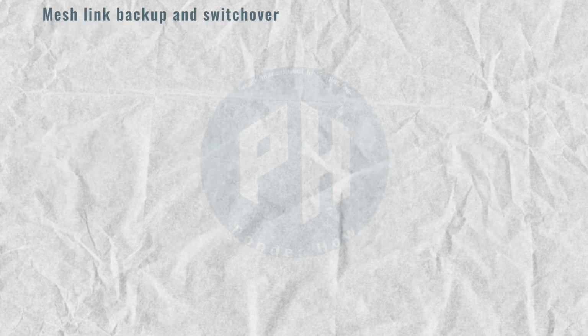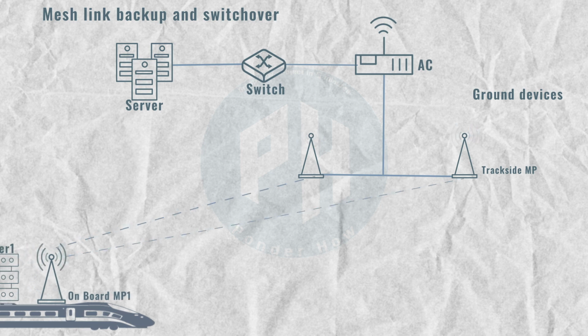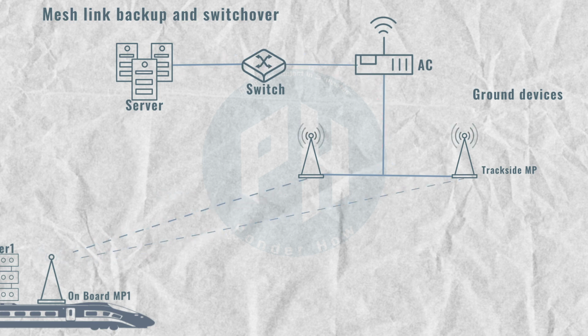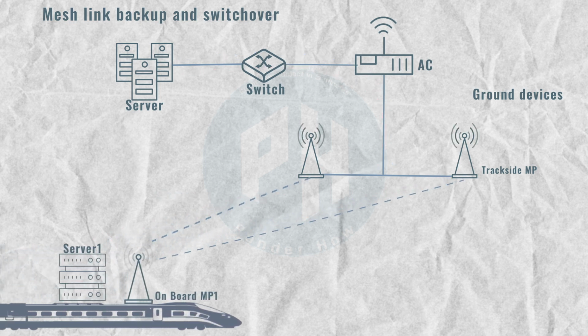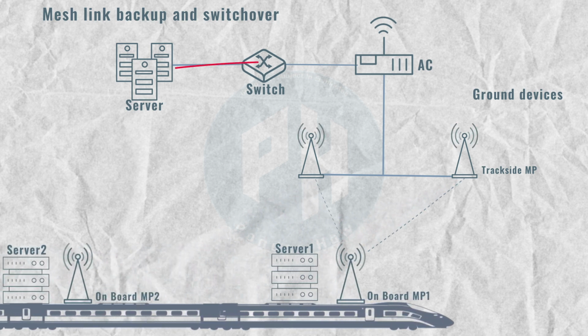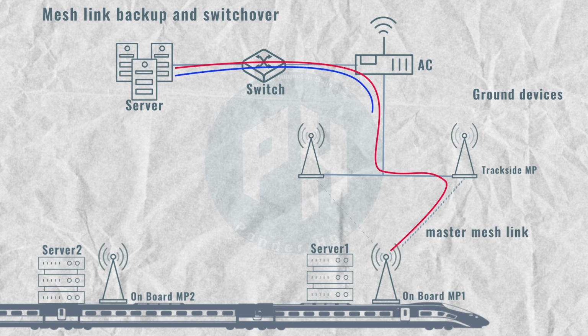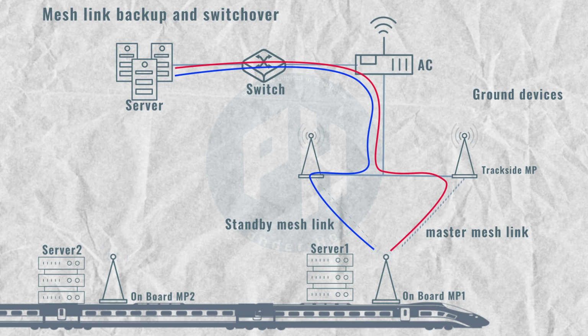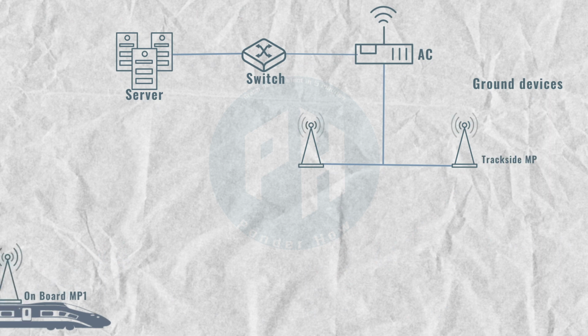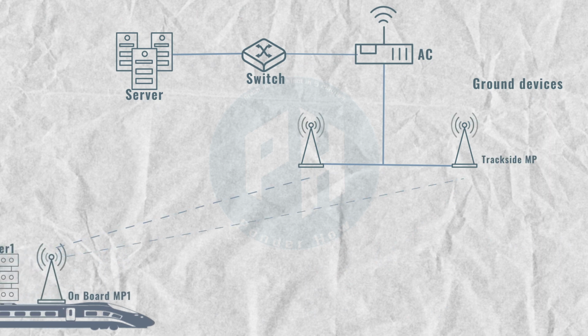When selecting a master or standby link: if the link RSSI reaches or exceeds the RSSI threshold and the MP doesn't have a master link, it uses the link as the master link. Otherwise, the onboard MP uses the mesh link as a standby link. After building the link for a period of time, if the master link RSSI is lower than the standby link, or if the master link RSSI can't meet the minimum RSSI threshold, the master link must be switched to the optimal standby link. During train movement, it keeps establishing, switching, and terminating mesh links between the onboard MPs and